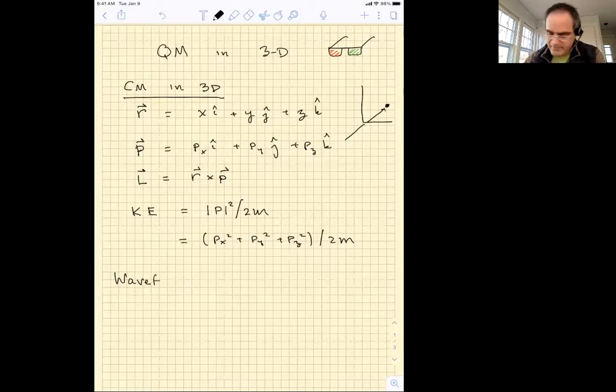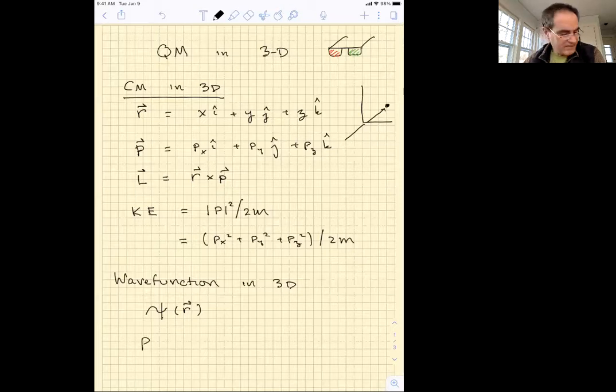Now, let's see how we can write the wave function. Actually, the wave function doesn't really change. Only now the amplitude of the wave function depends on position in 3 dimensions, not just in 1 dimension. So now the wave function is a function that has an amplitude at every point in 3-dimensional space. Okay? And